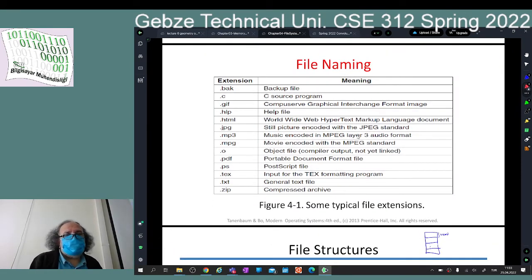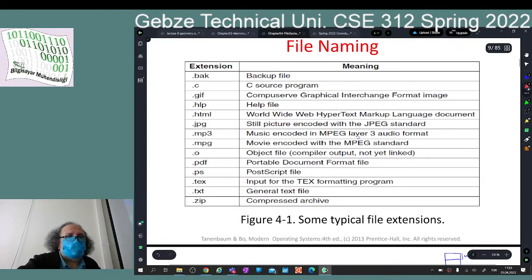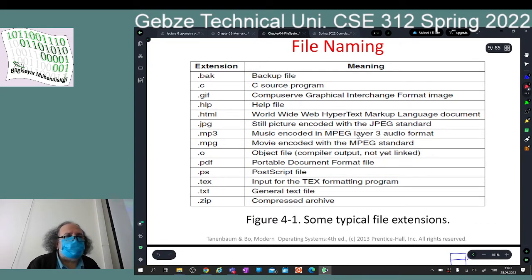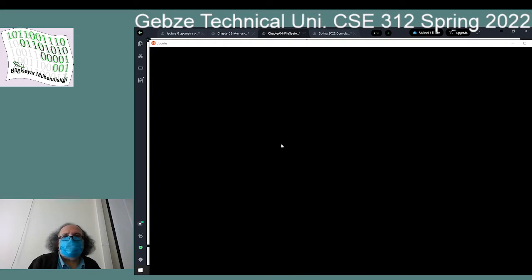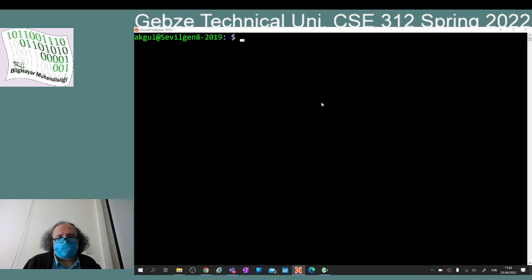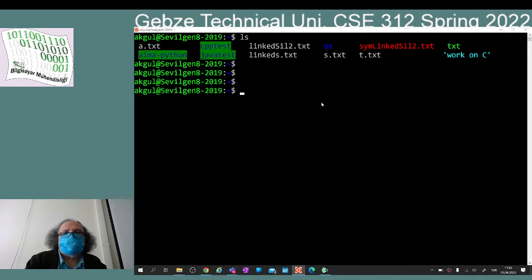File naming changes from system to system, from environment to environment, but these are some of the typical file name extensions: backup files, C files, GIF files, help files, HTML files, and so on. As I said before, for Unix, these extensions are just for the humans, so that humans would know what kind of files they are. It doesn't matter what kind of extension it has. For example, this s.txt is a txt file. I can compile it. The compiler,